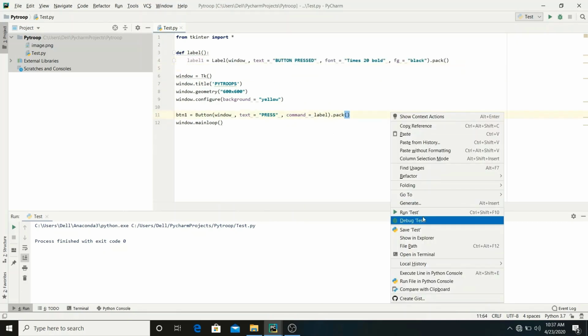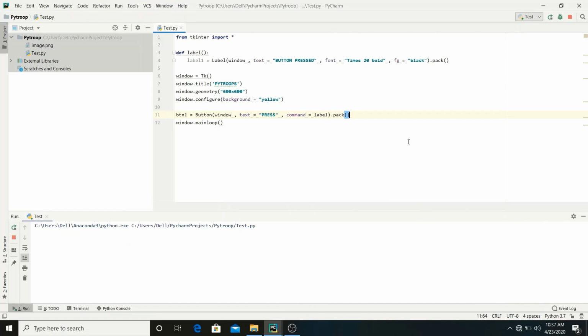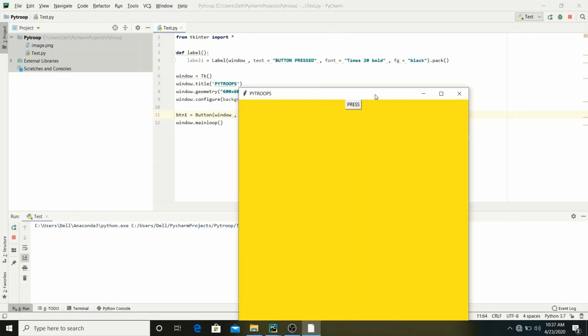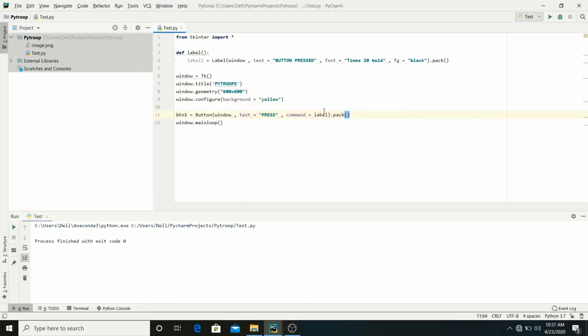So if I open the window again, then see the size of your button is quite small. Let's just make our button more attractive. Pass some parameters like height is equals to, let's say, 2, and width, let's say, 10.